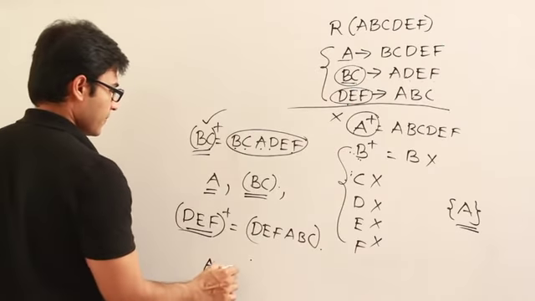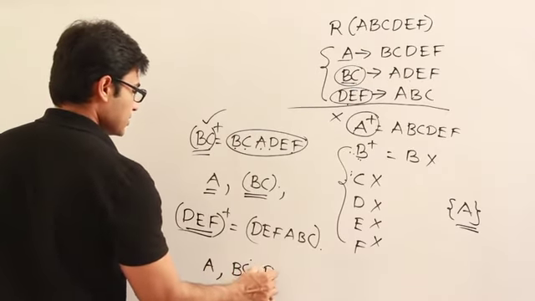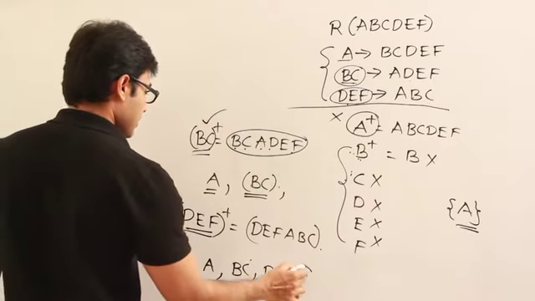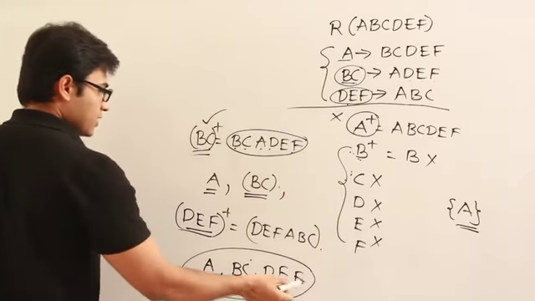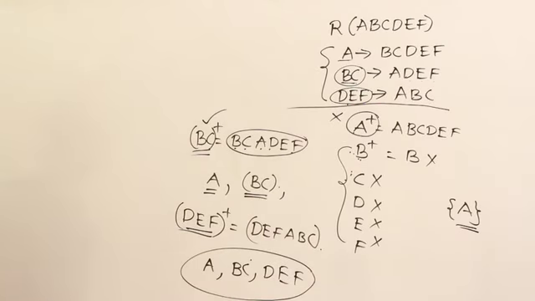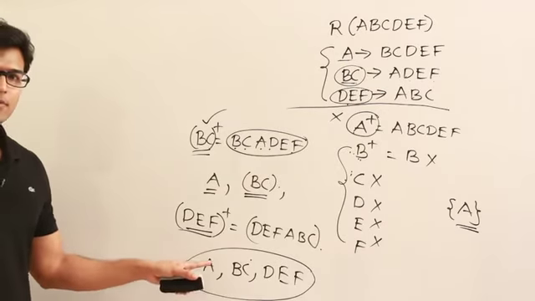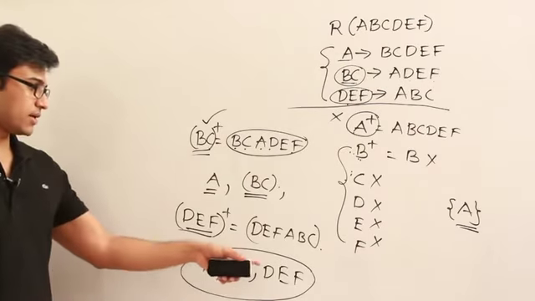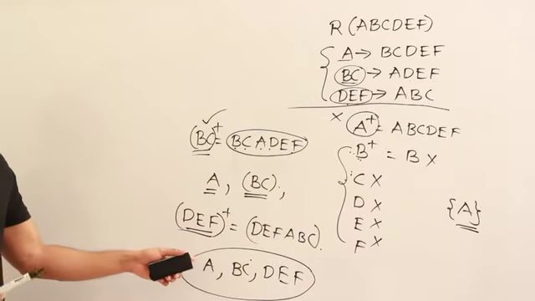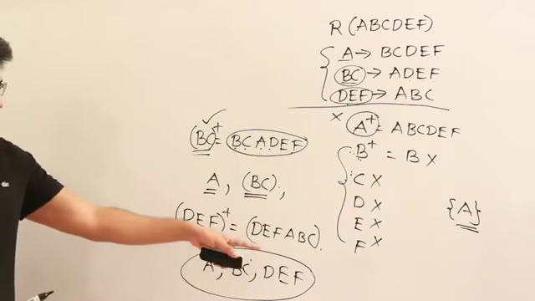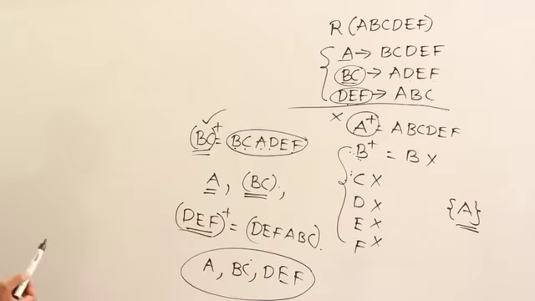So as of now we got one is A, other is BC, and other is DEF. These are the candidate keys. And in fact, these are actually the attributes also, isn't it? So every attribute is a prime attribute. Now, a prime attribute means a key attribute, that is, if it is a part of a candidate key.